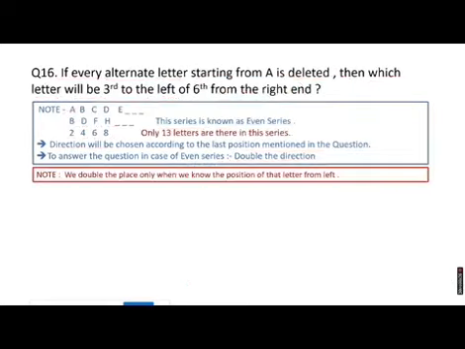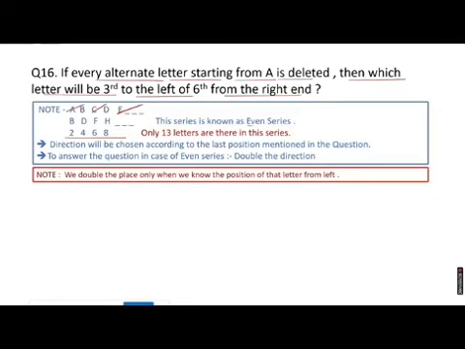After that, the next question is: if every alternate letter starting from A is deleted, then which letter will be third to the left of sixth from the right end? So here these elements are deleted, so we are getting this series, and